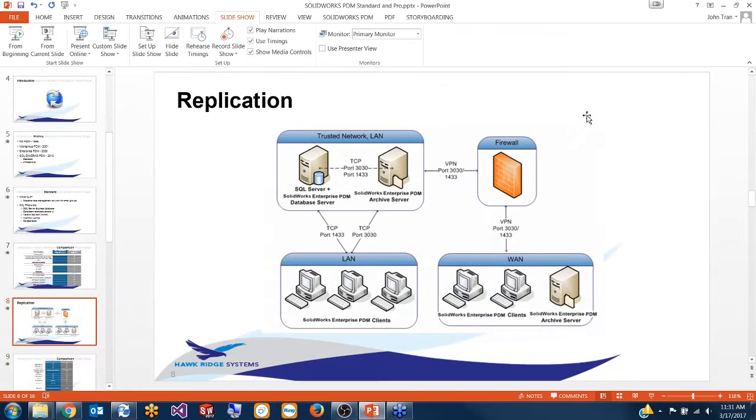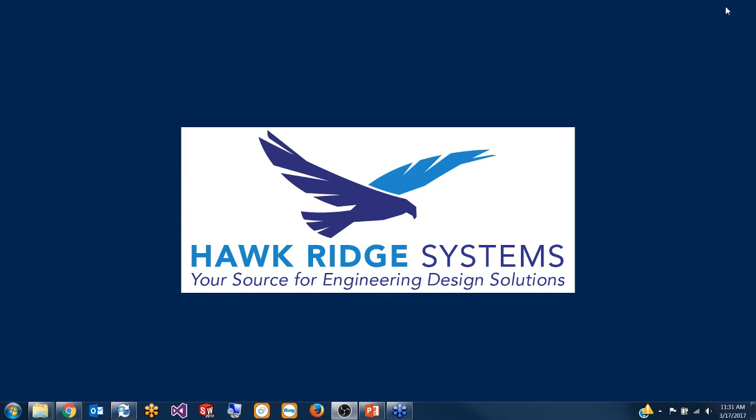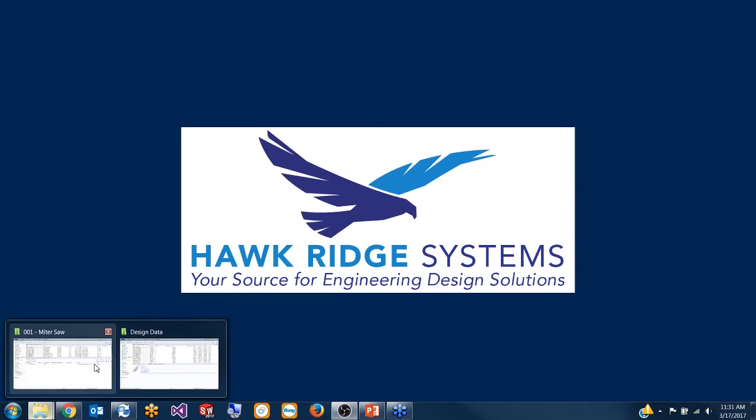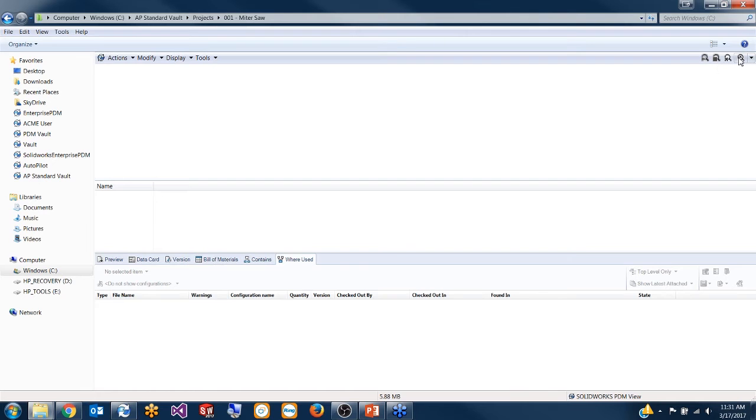One of the questions that was just asked is, and I just quickly skimmed this, so let me know if I didn't catch the whole question: what search tools are available for PDM Standard? That's a very valid question to ask. The search tool that's available is actually the same search tool that's available in PDM Pro as well. But if I click Open Search here in my Windows Explorer view,